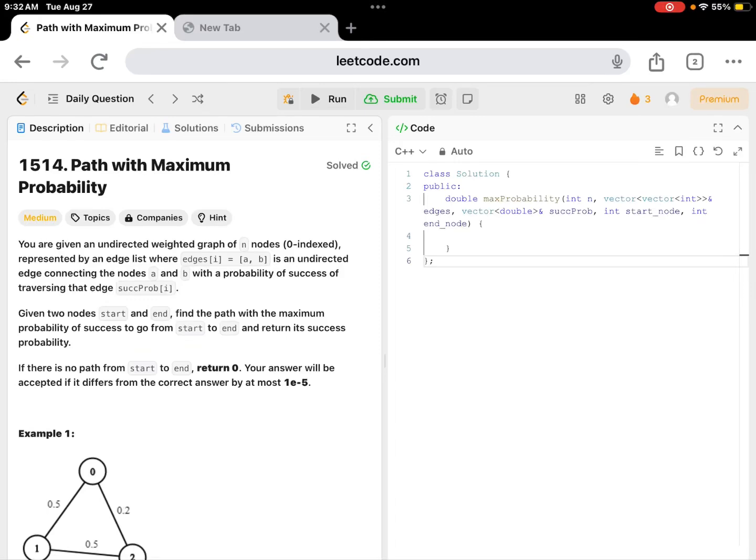So today we have our daily question, which is Leetcode 1514 Path with Maximum Probability. We are given an undirected graph of n nodes. It is zero-based indexing, represented by an edge list where edge[i] = [a, b] is an undirected edge connecting the nodes a to b, and the probability of success of traversing that edge. Given two nodes start and end, find the path with the maximum probability of success to go from start to